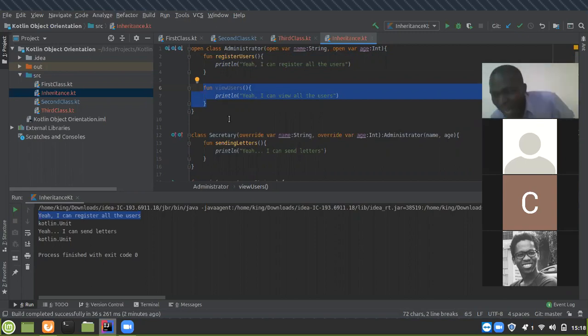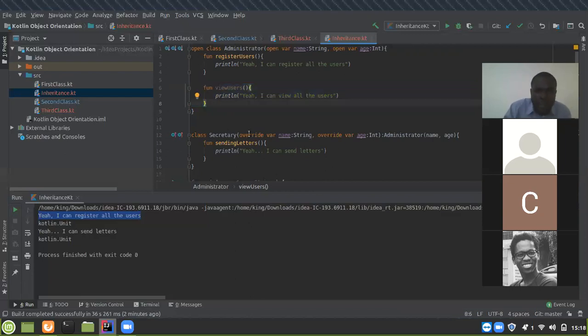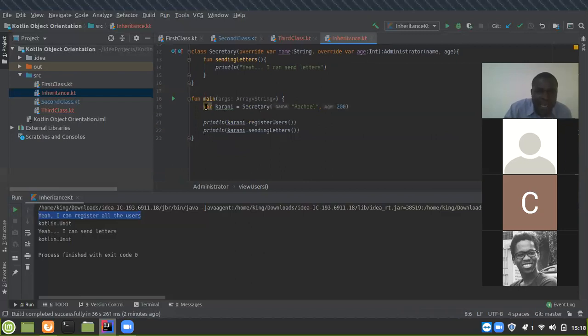Now, there's one more thing that I would like to mention to you guys. Some people are going to be printing such a thing, like you say var Karani equals secretary, then you see Rachel, comma, age. Some people will see name right here and wonder how do you type that name? No, guys. That is supposed to be automated. If I just remove it and start typing the quotation marks, automatically the name just comes, and I can type there the name